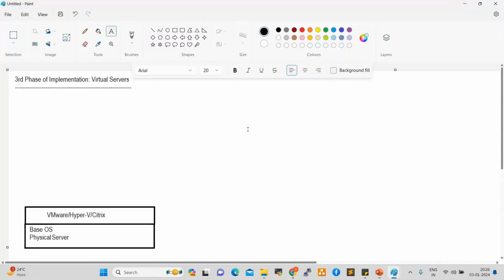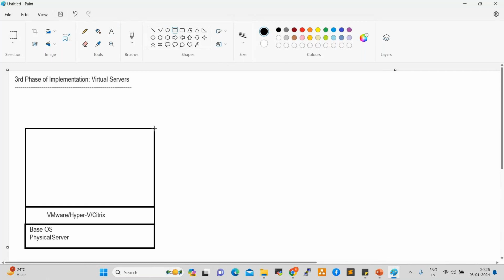Fine. Yeah. So we take one base server. On top of that, we deploy VMware hypervisor or Citrix. So on top of that, we can create virtual servers like this. Okay.